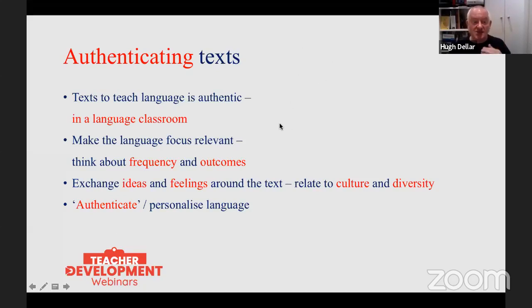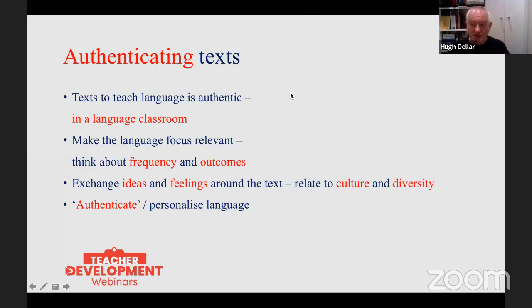So there needs to be an effort to choose your language focus and to make the language focus relevant to your students' level and to your students' desired outcome. This means choosing quite carefully the language that you're looking at, thinking about, is it quite high frequency, useful language? Is it connected to a particular communicative outcome?